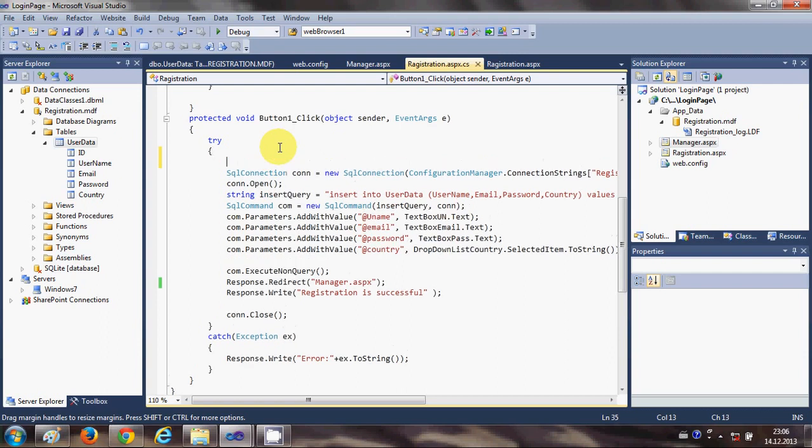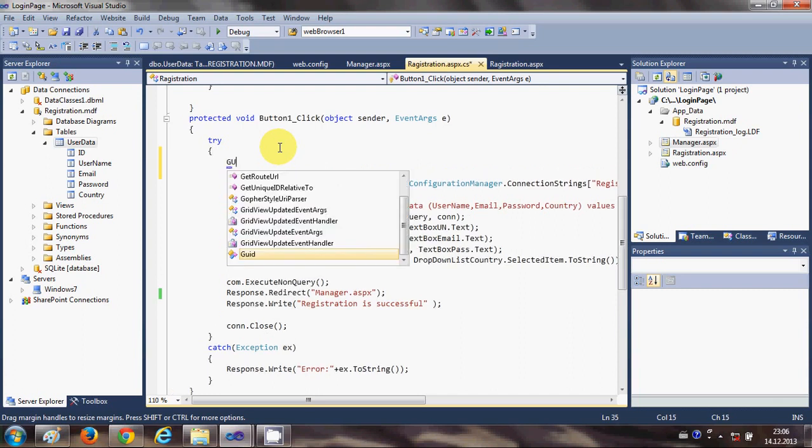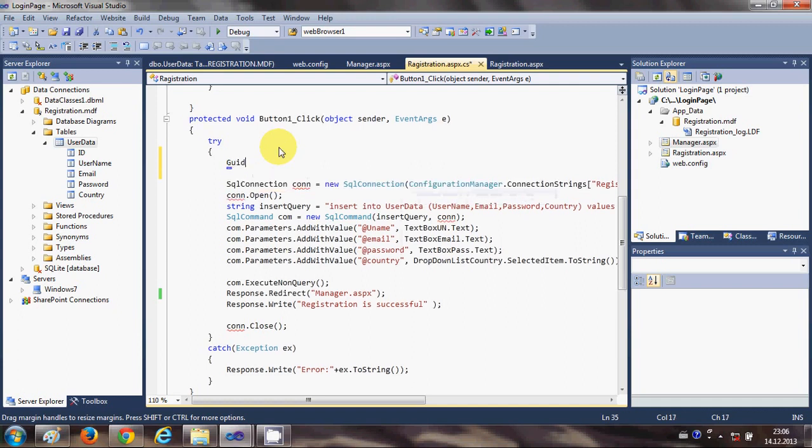Inside your try block, at the top of your code, just write Guid and give your GUID a name. So for example, I say newGUID is equal to,